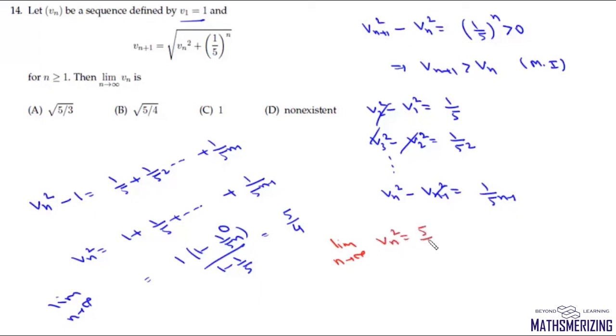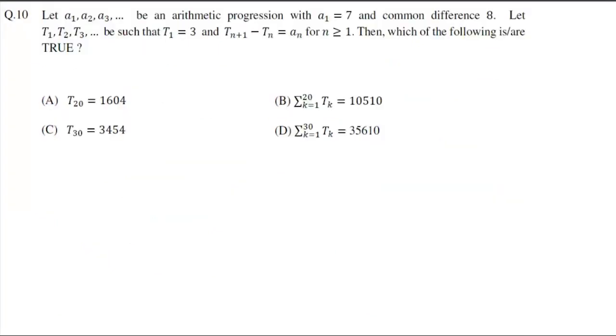Vn square is 5 by 4. Then this limit as n tends to infinity, Vn will be simply under root 5 by 4, and that's your option B. Now in this question we are given an AP with first term 7 and common difference of 8, and